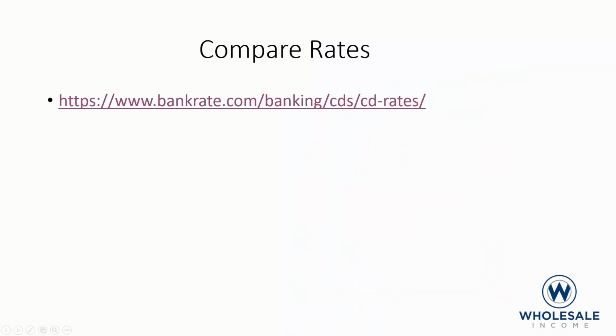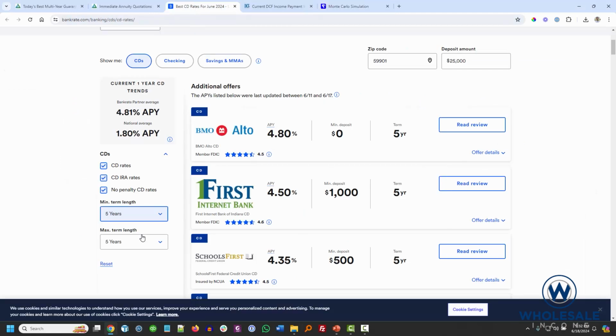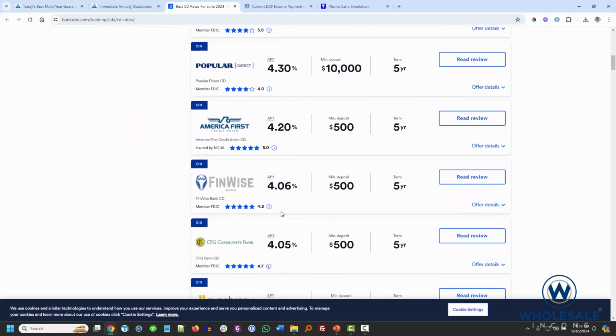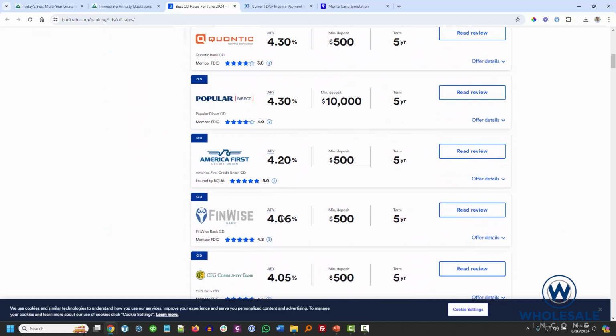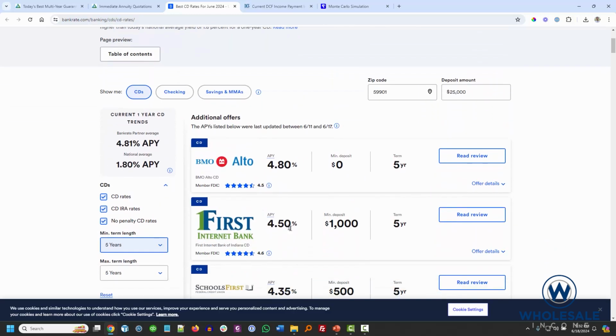Now, you can do the math on this just as we did on the other examples. Let's go back to that screen. Here are some CD rates for 5 years: 4.8, 4.5, 4.35. In fact, I don't even see a 4.9 here anymore. When I did the slide, there was a 4.9 and I picked the best, but we've now come down to 4.5,